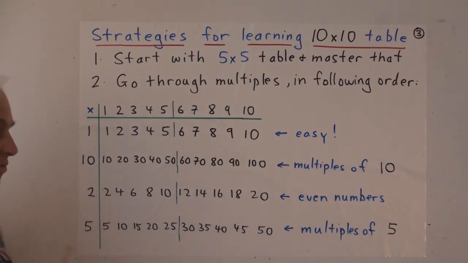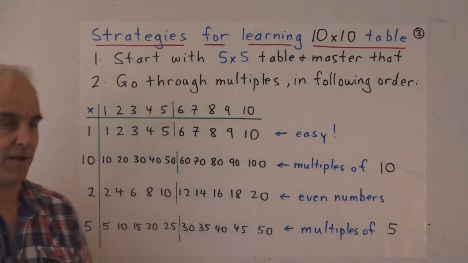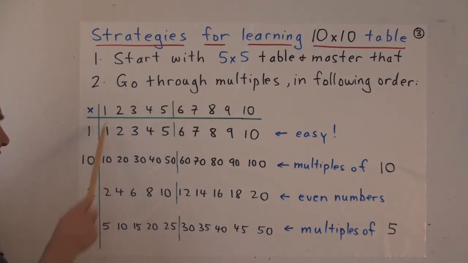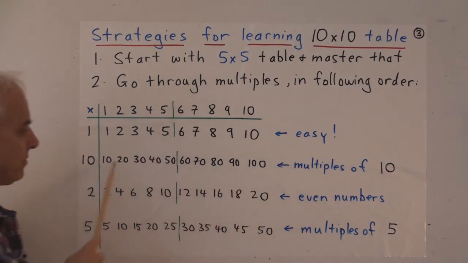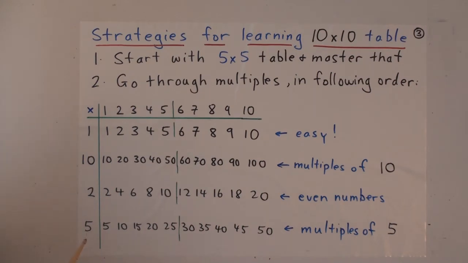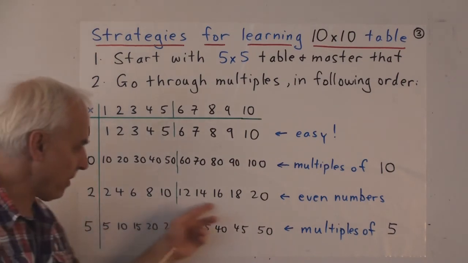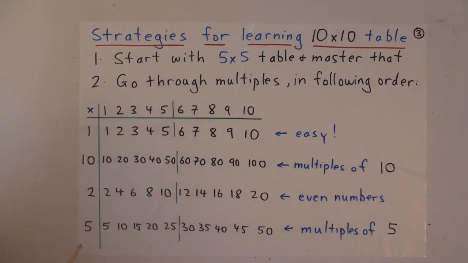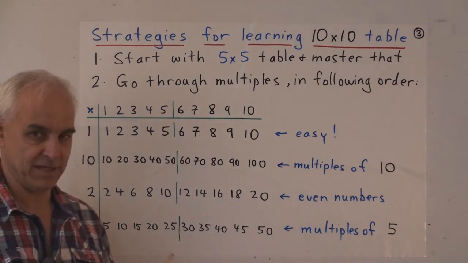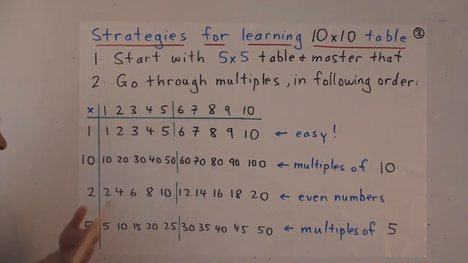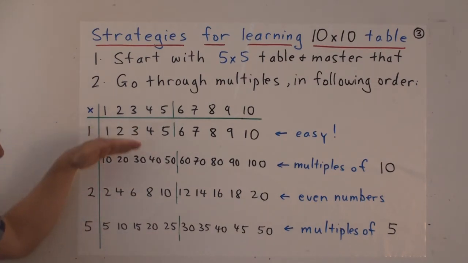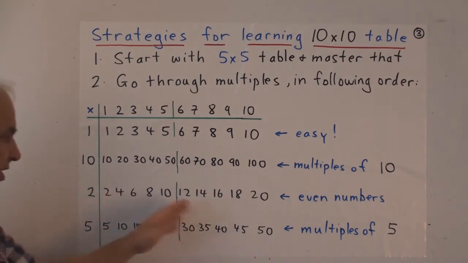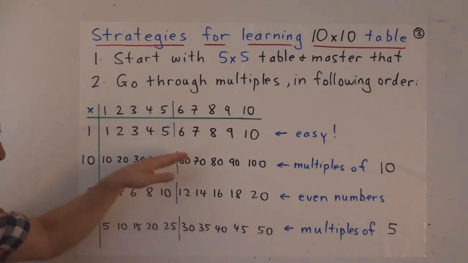And then the second easiest row is surely the multiples of 10. 10 times 1 is 10, 10 times 2 is 20, as we've already marked. Then the next simplest one are the even numbers, the multiples of 2. So the student can learn multiples of 2. And then after that, multiples of 5 are the next easiest. So one could easily spend a week or 2 weeks on each one of these rows, learning products with 10, learning the products with 2, learning the products with 5, learning them really well, and going back and reviewing the ones that you've already done.